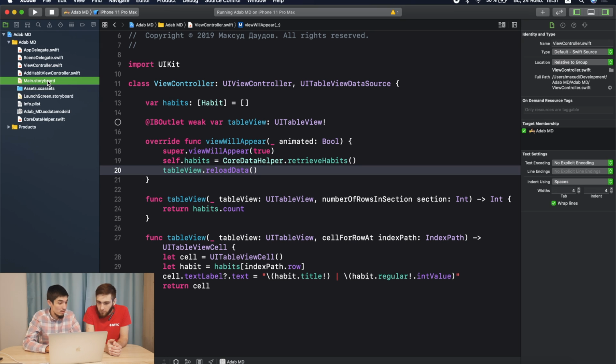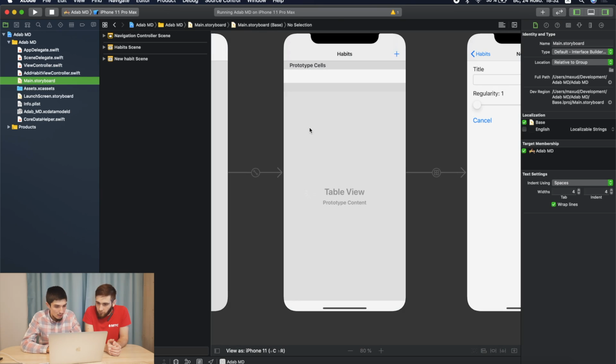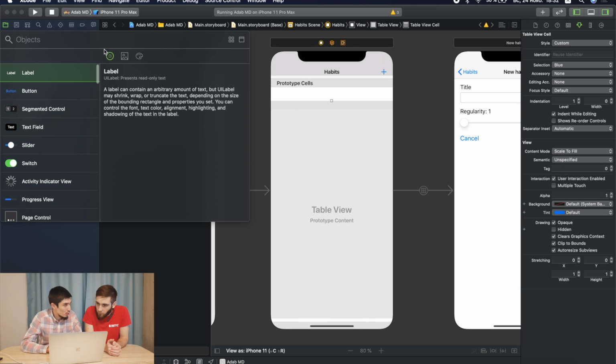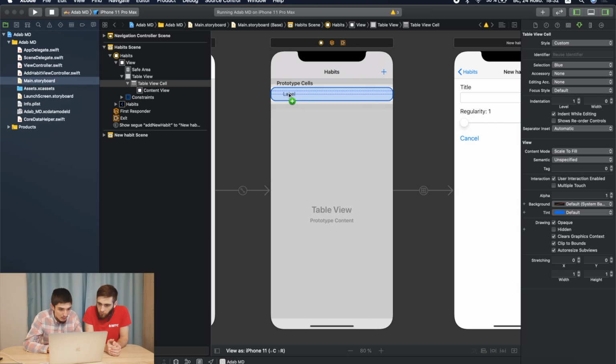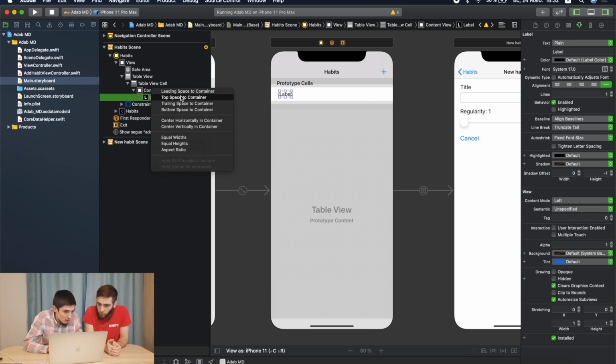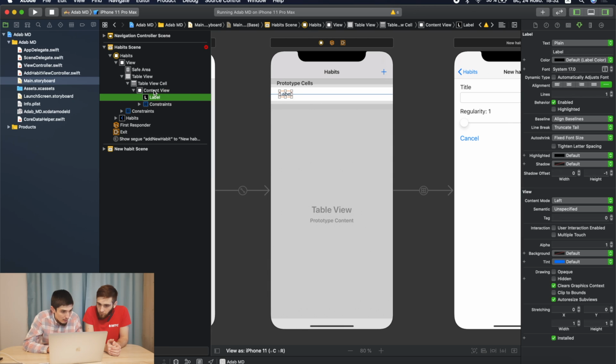We will start with the UI elements. So this is where we will work. We will go to our TableView, and inside the TableView, choose the TableView cell, and let's add some elements to it, which will allow us to indicate what is happening. So first of all, we add a label, which will serve as the title of the habit. We can position it. So let's center it vertically, and maybe